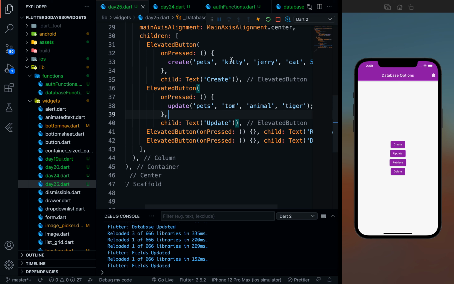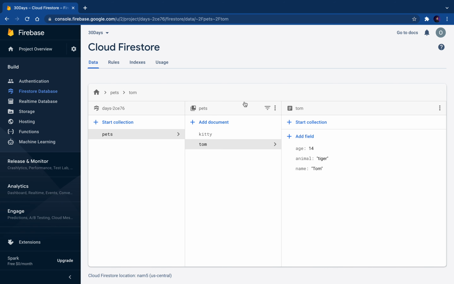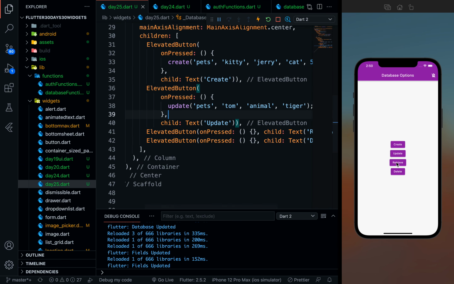So now we have seen create and update. Now let's see how you can retrieve. Currently I'm going to show the delete thing, because for retrieve, I want to create a separate video using stream builders and future builders, right? So I'm not going to teach you retrieve over here, because I think that will take a lot of time, because we will be using ListView.builders to retrieve all the documents, right? All the documents in the list view. So I will be creating a new separate video day 26 on retrieve.